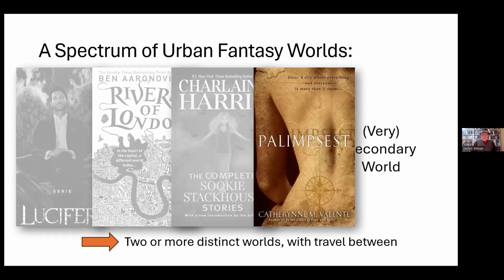My example for the next part of the spectrum, with two or more distinct worlds and the possibility to travel between them, is weirder. This is your basic Narnia world: one world, a wardrobe, and another world. Although the wardrobe could look like any kind of thing. And in Palimpsest by Catherynne Valente,